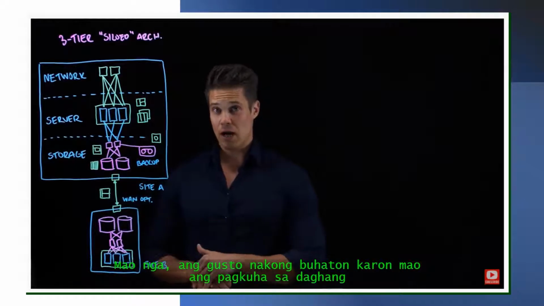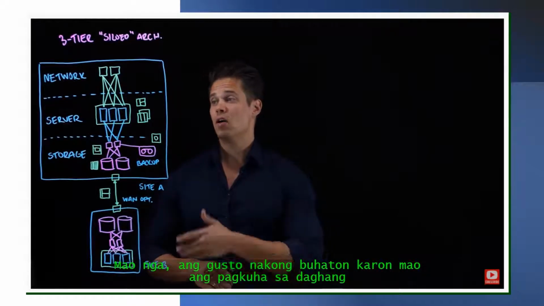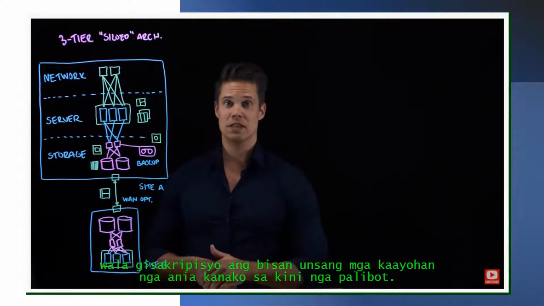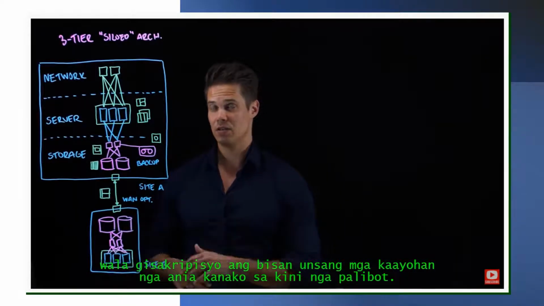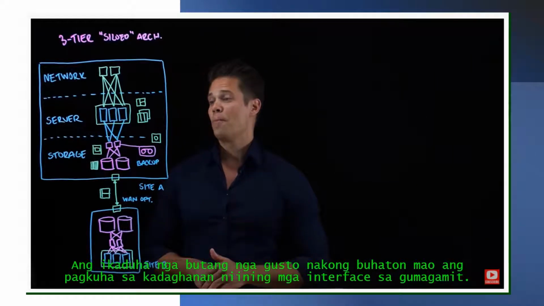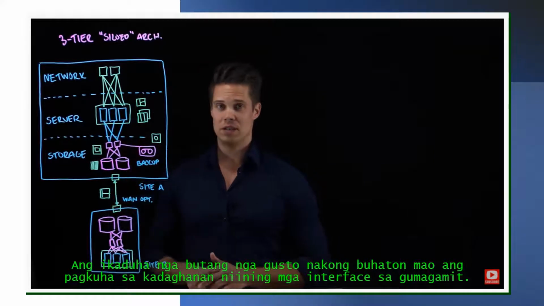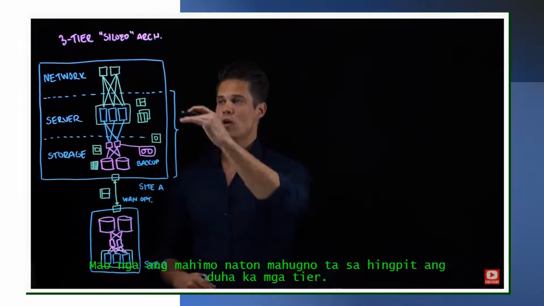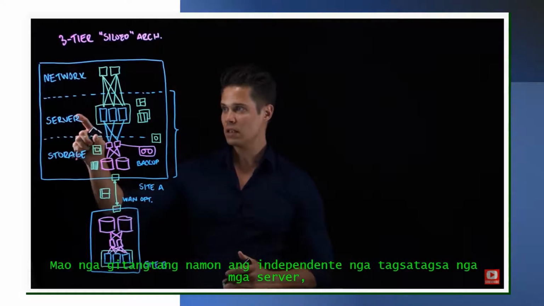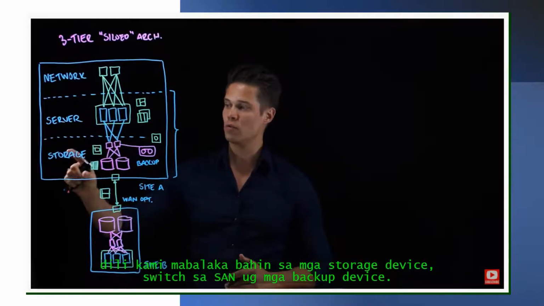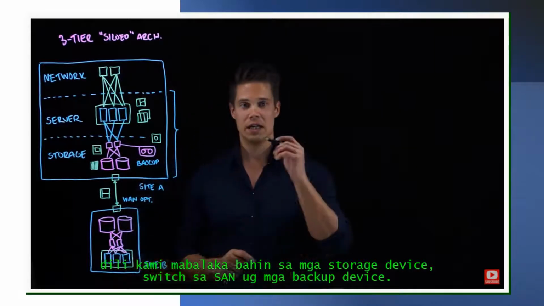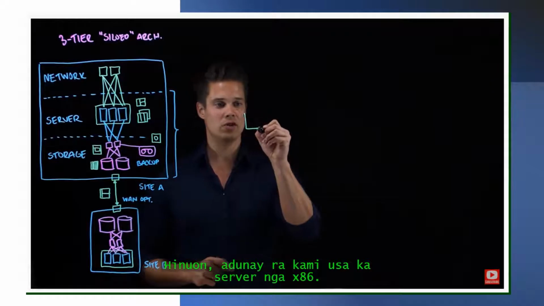So what I want to do now is to get rid of as many hardware components from this picture as possible without sacrificing any of the benefits that I have in this environment. The second thing I want to do is to get rid of most of these user interfaces. So what we can do is we collapse these two tiers completely. So we get rid of independent individual servers. We don't have to worry about storage devices, SAN switches, and backup devices. Instead, we have just